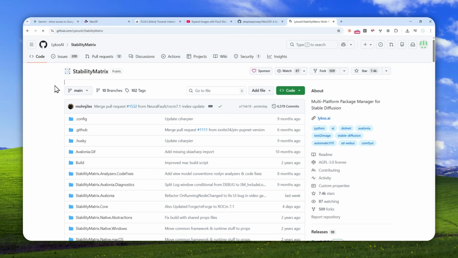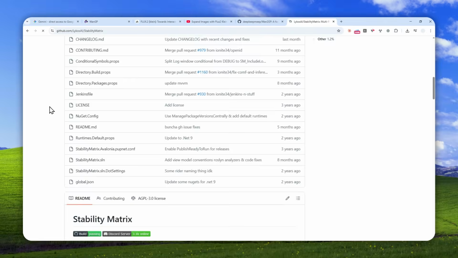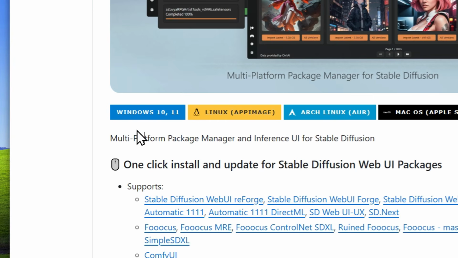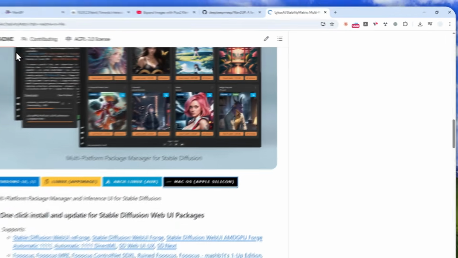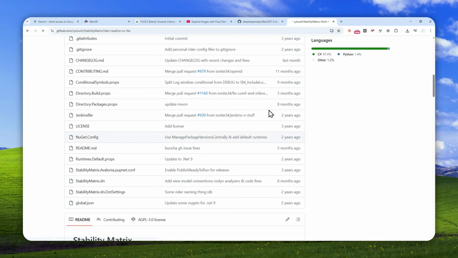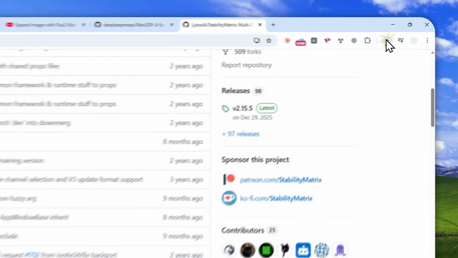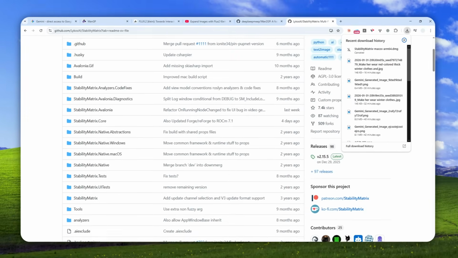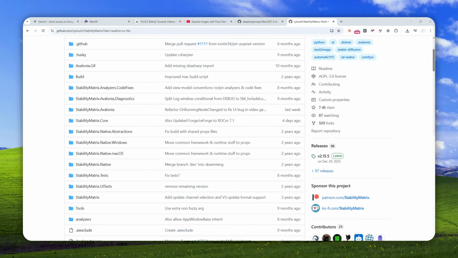with just one-click installation. Anyway, after you have landed on this page, you can scroll down and you can download the version that is available for your computer. It is available for Windows, Linux, and macOS. And basically, after that, you can run the setup on your computer. Okay, let me just cancel that. I'm using Windows actually. Okay, so basically, you can run Stability Matrix, and this is going to be the onboarding